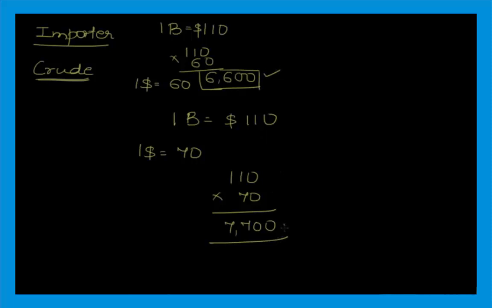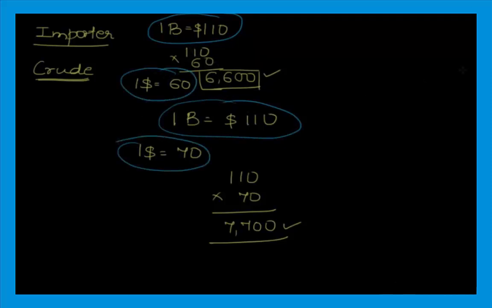Though the price of the crude is constant at $110 a barrel, because of our currency fluctuation, crude has actually become expensive for us. Which means if I can take care of the currency fluctuation, I can save on paying higher costs for the crude. Which is why I, as an importer, will sign a contract with the bank again,